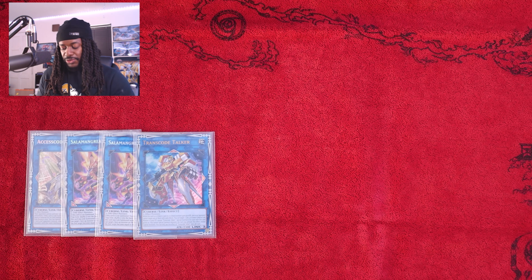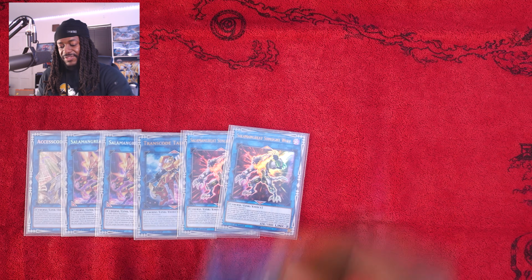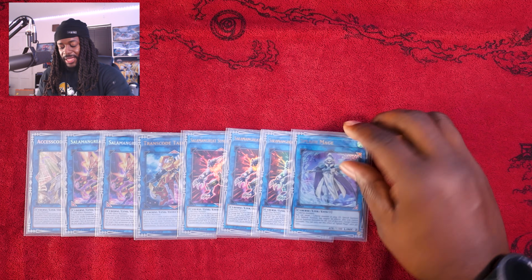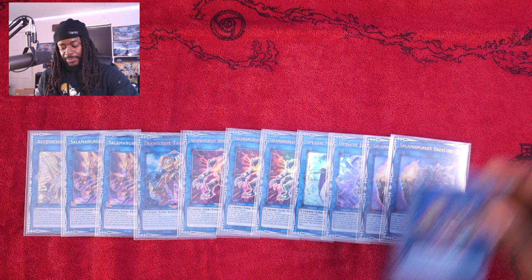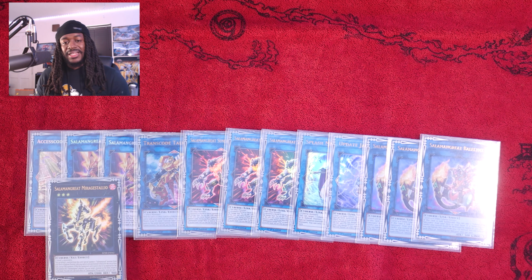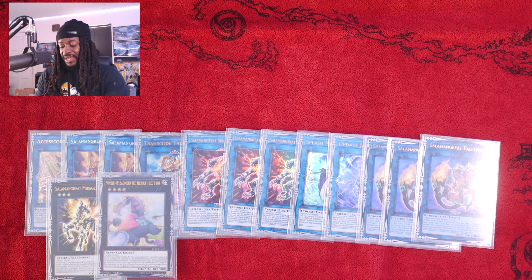1 copy of Trans Code Talker, and of course 3 copies of Salamangreat Sunlight Wolf, 1 copy of Splash Mage, 1 copy of Update Jammer, 3 copies of Salamangreat Balinks, 1 copy of Mirage Stallion, and that's pretty standard for the Salamangreat strategy, but the cards that I really want to talk about are 1 copy of Baguska and 1